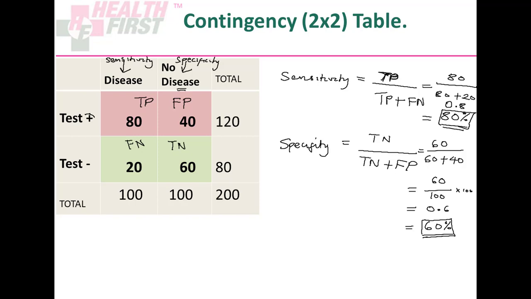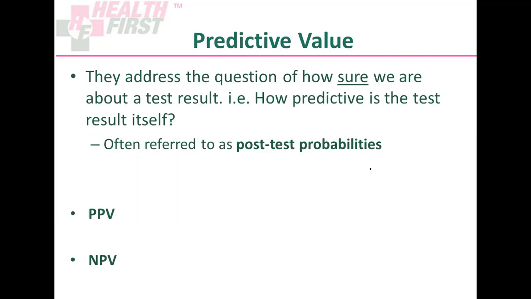What do these numbers mean? So it means that if you were to test, let's say you have 100 individuals who truly have disease, this test would miss 20% of them and correctly identify 80%. 60% specificity means that 60% of individuals without disease will be correctly identified by this test. Of course, these are just numbers. They are not reality. They are just a representation of reality. The next discussion is on